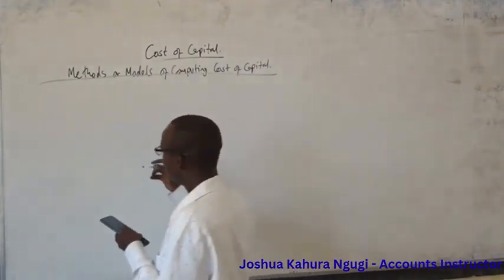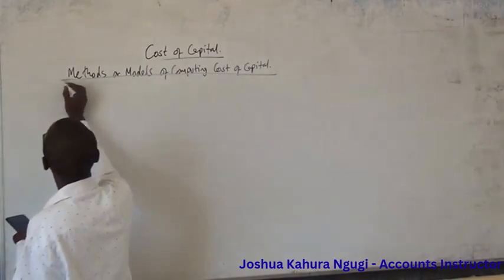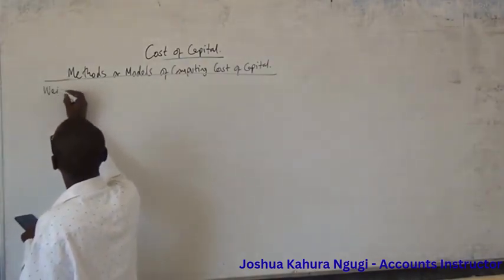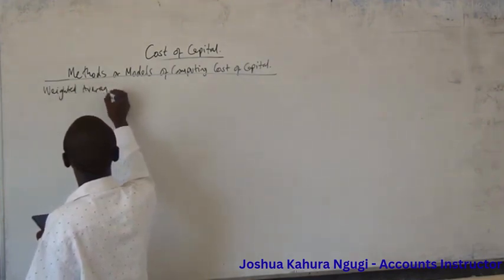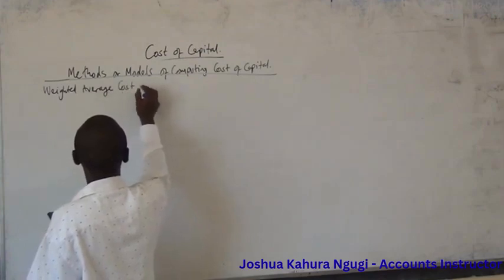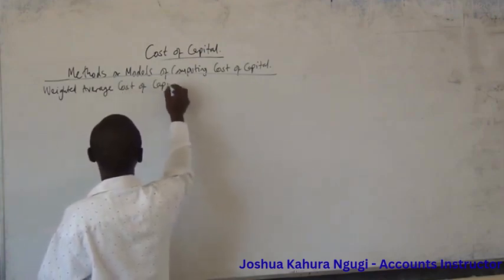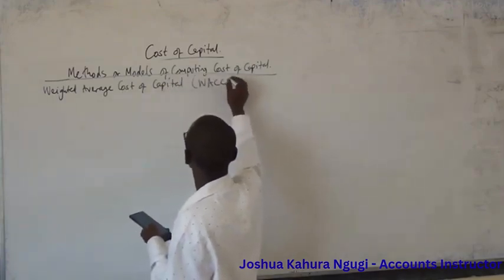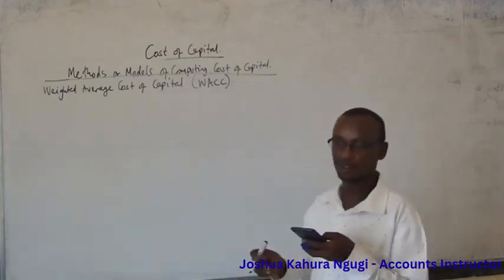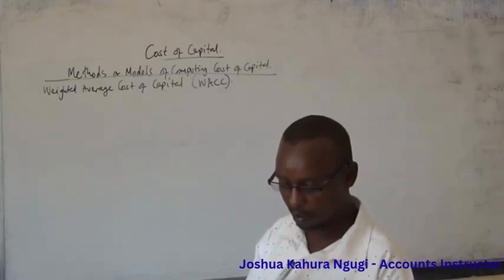We have the weighted average cost of capital. We call it WACC. I hope you have seen this in past papers. It's called the overall or composite